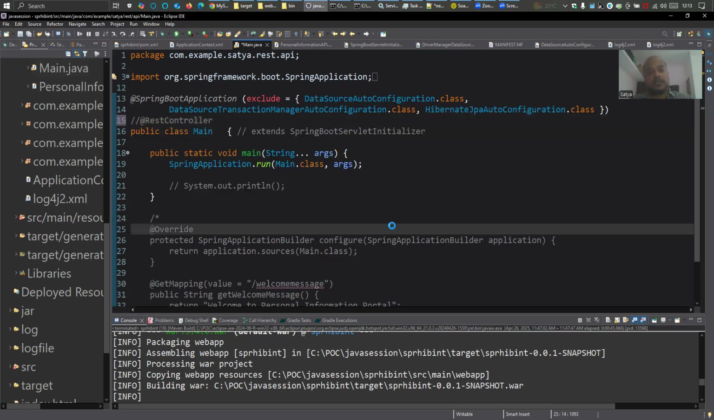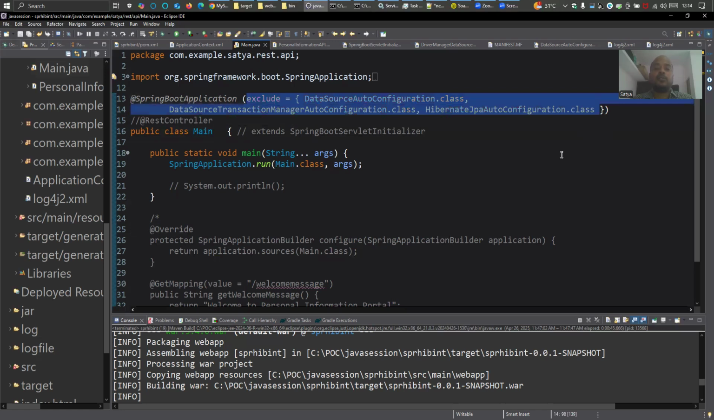Now this looks like the same old main class for a Spring Boot application that you have seen in the previous session. The same Java file, nothing different. The only thing I added here is that I excluded these classes, the auto configuration for data source and Hibernate. Why I excluded this auto configuration is because I want to initialize it when I initialize the Spring context XML. Before that, I don't want to initialize all